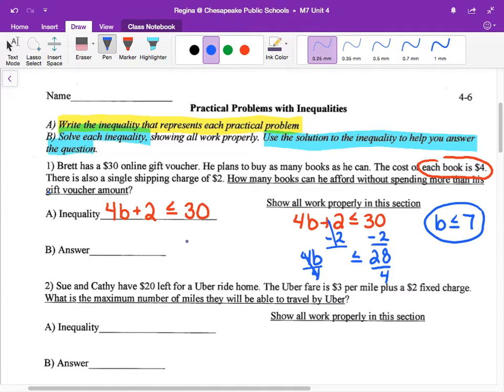All right, so Javion and Q pulled out the inequality for us, and we notice it's just a two-step inequality. He's got $30, but he has to subtract the shipping charge of $2. And this kind of reinforces why we always undo subtraction and addition first, because now it starts to make sense. I got $30, I got to pay $2, and now I have to divide the $28 that's left over by